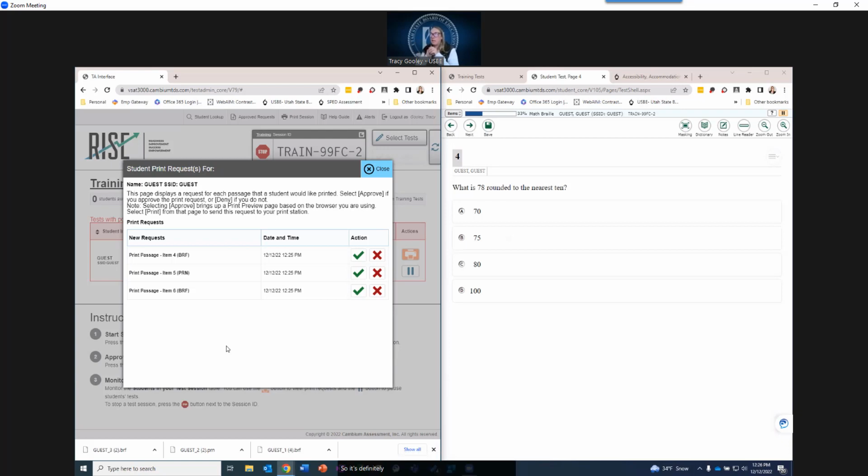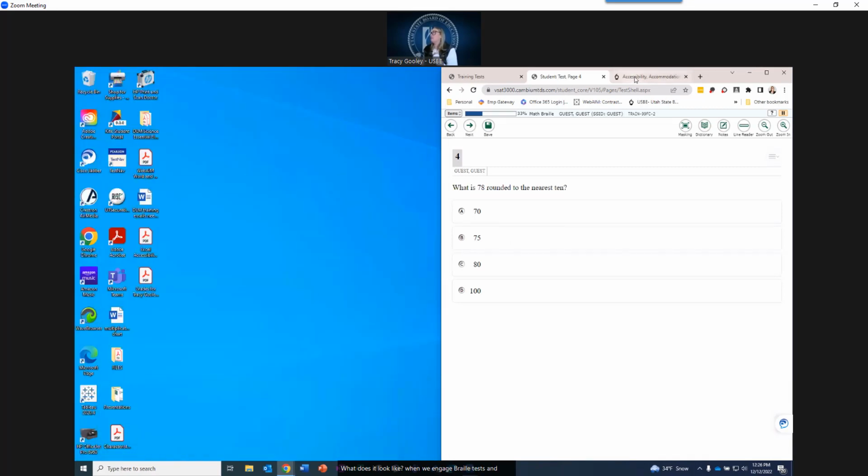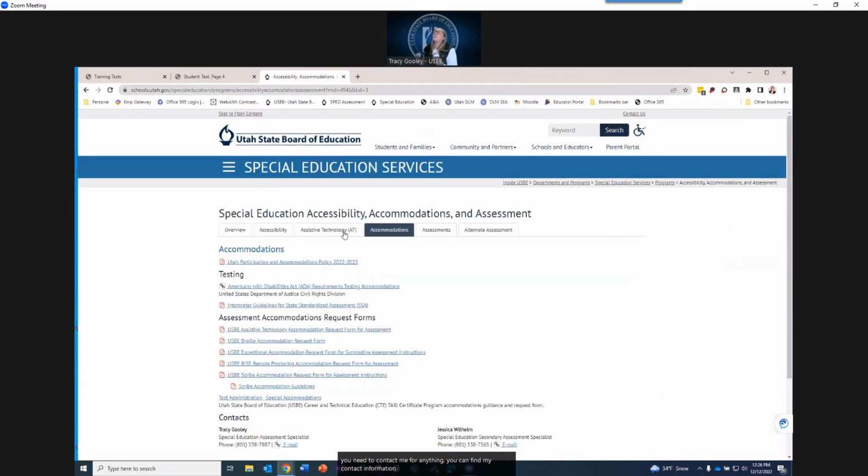So it's definitely good to get into the training tests and practice this. You can see today I set it up without having a student in place, but you can also plug your student settings in and look at it that way as well. If you have any questions further around setting up testing sessions, what it looks like when we engage Braille tests, and if you need to contact me for anything, you can find my contact information on the special education